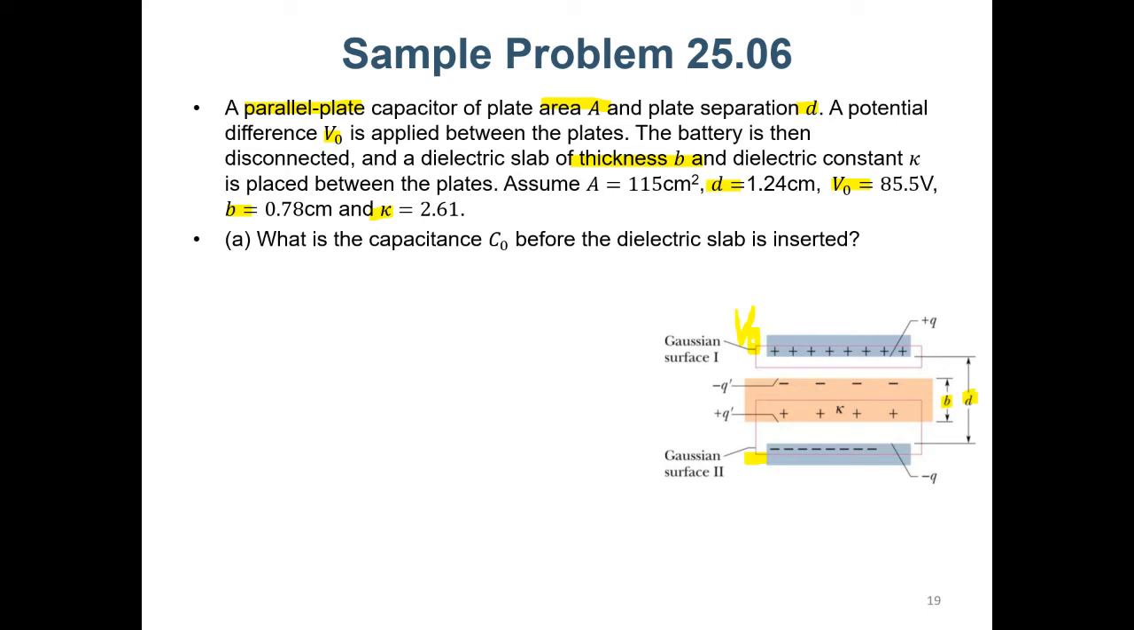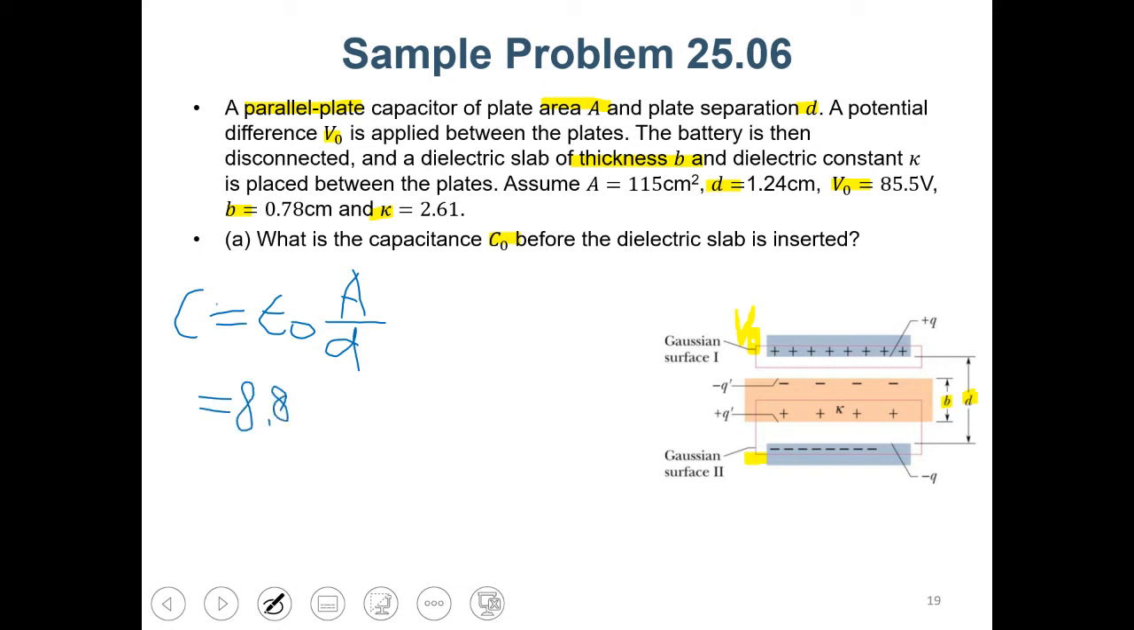What is the capacitance C0 before the dielectric slab is inserted? So it would be quite easy, because it's a simple parallel plate capacitor. So it is nothing but C equals epsilon naught A over D, and then it is 8.85 times 10 to minus 12, and then it is